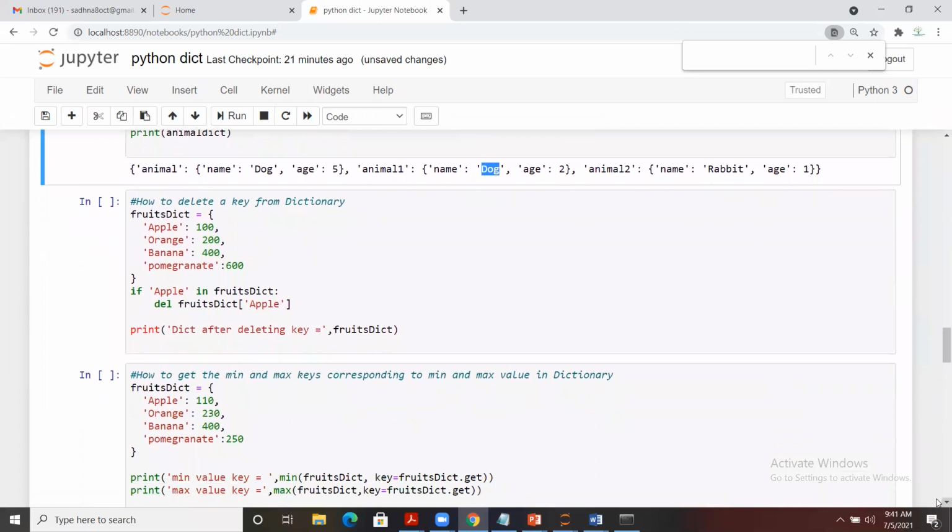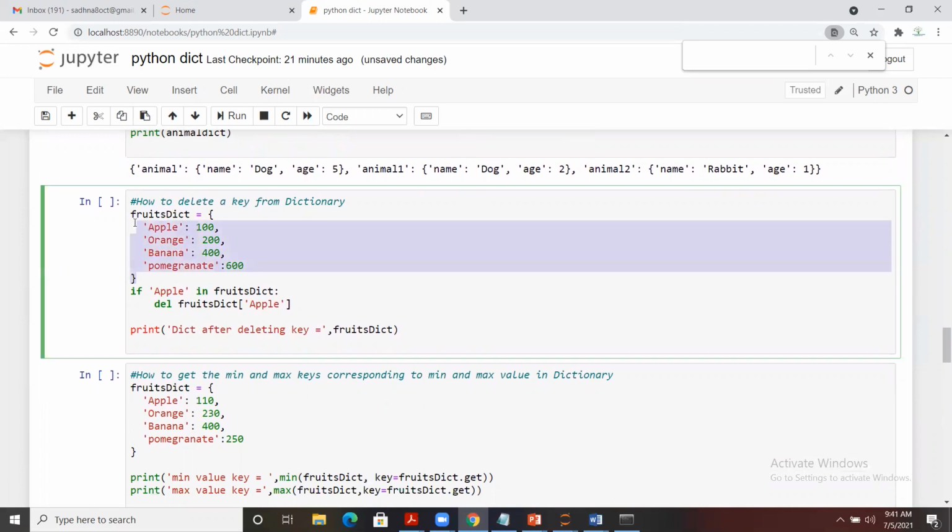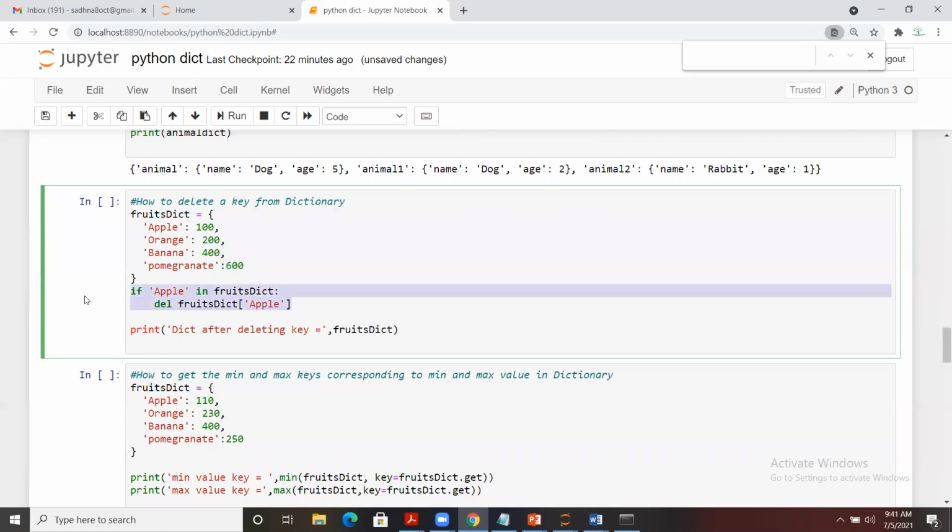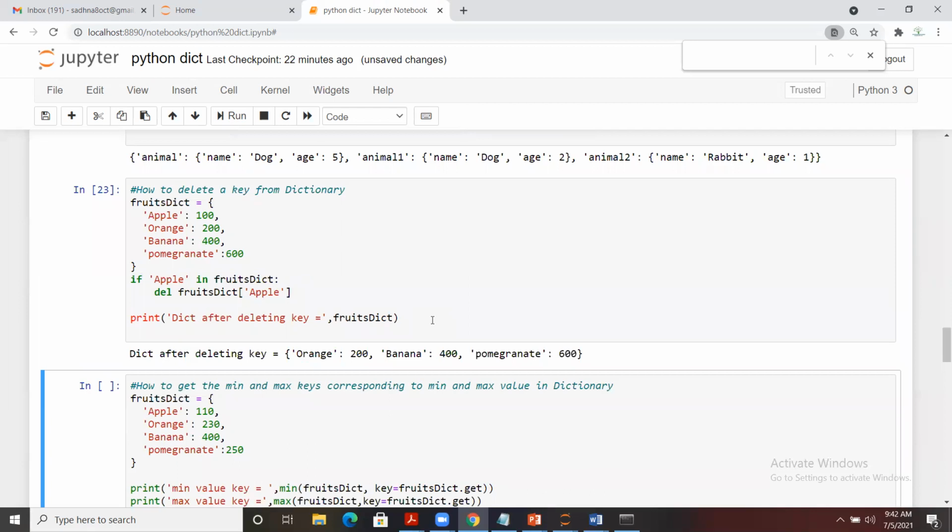And you know how to delete a key from a dictionary. So this is using an if condition. First we'll check whether that key is available in that dictionary or not. If available, then we use delete to delete that part. So this is a dictionary that you can see, the fruits dictionary. What we did with the if condition here, first we check whether apple is there in the fruits dictionary or not, and then we found that a true value was coming, and then on that value we have applied delete fruits dictionary apple. So once you run it, you will see apple will not be there.